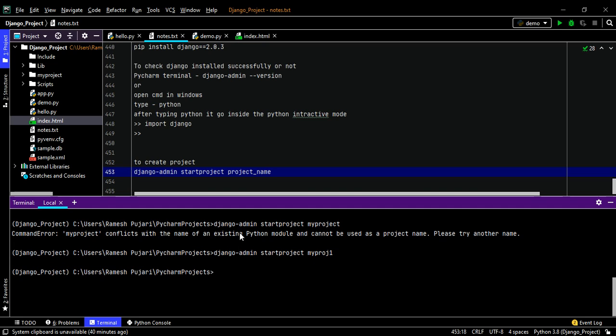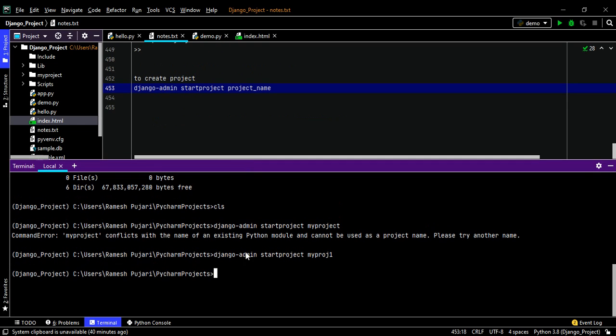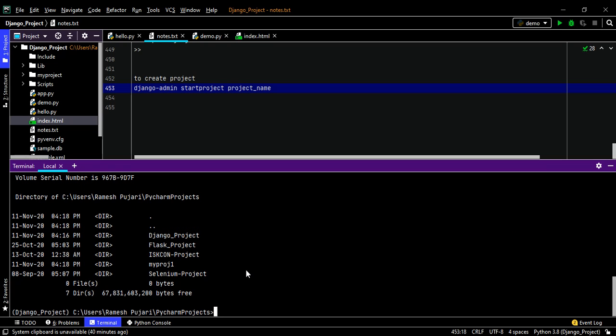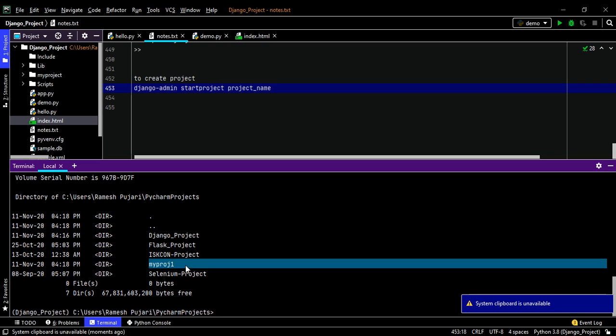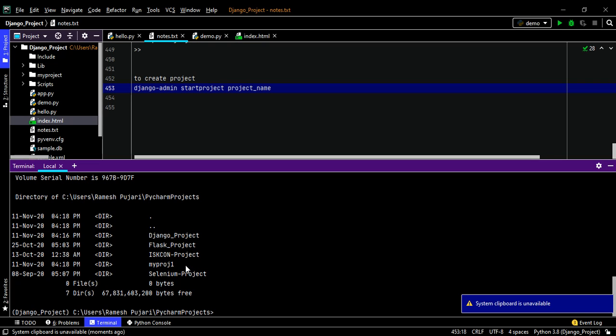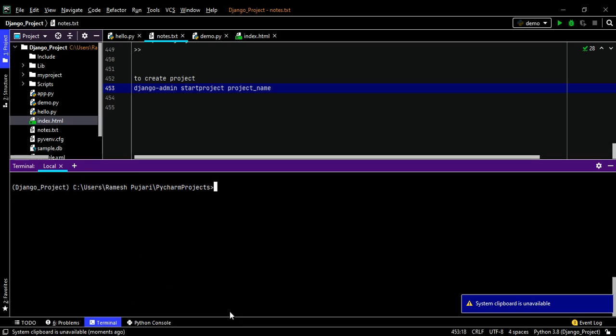So you can check over here whether the project was created or not. To check whether the project was created, we have the command called dir in Windows. If you are working with Linux, like Ubuntu, or Macintosh, in those operating systems we have the command called ls. So just type the dir command. See, you can observe here, this is my created project, myproject1, my application's name.